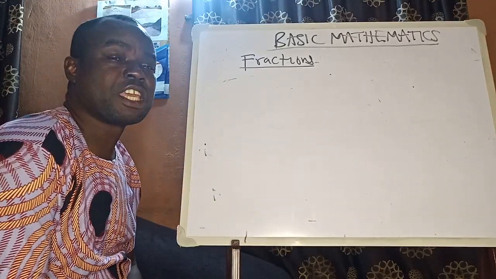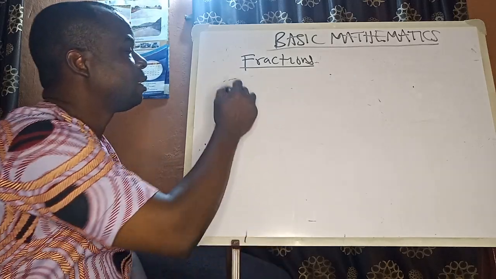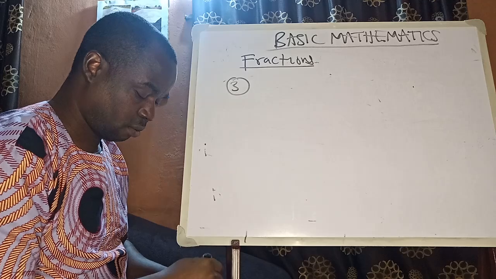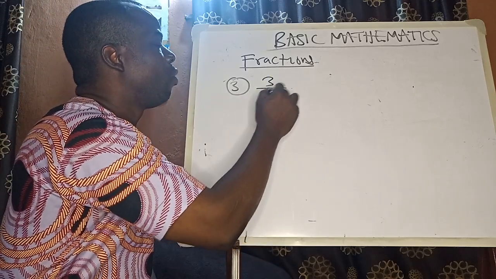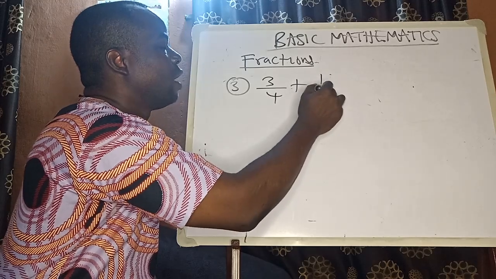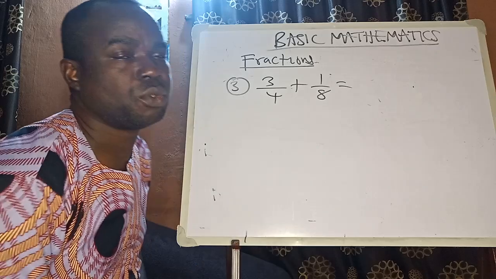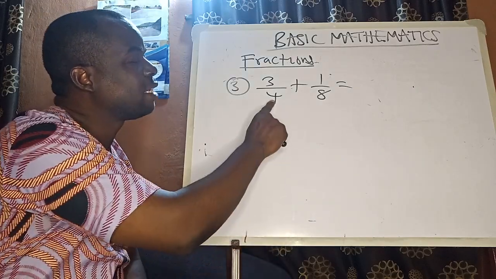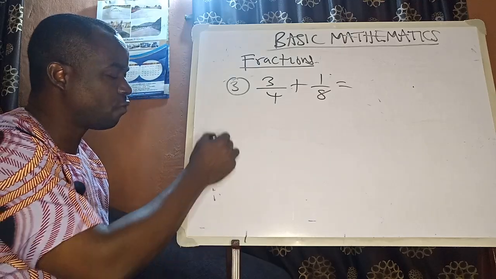So make a copy of this and practice some questions from your textbooks. Then number 3, let's do this: 3/4 plus 1/8. If you are to add two fractions, how do you do that? You go and get the LCM of these two numbers down here. So we're going to quickly solve for